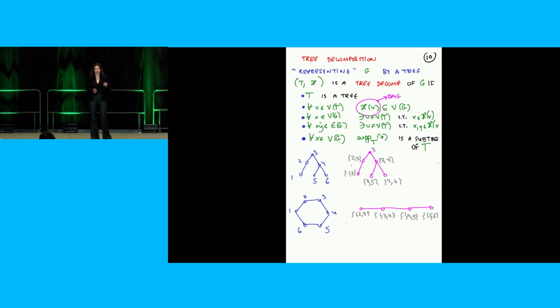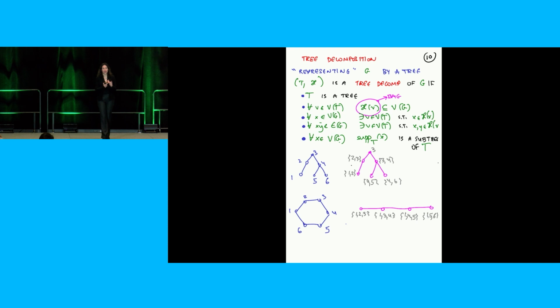So what you're going to do is take your favorite graph and assign its vertices to vertices of the tree. What you should imagine is that you hang a bag on each vertex of the tree, and you start putting vertices of your original graph into these bags, right? So it says here, T is a tree, and to every vertex of the tree, I assign a subset of the vertices of my original graph, and there are rules. There are rules because I do want to represent my graph. I want to retain some information about my graph. So what do I want to retain?